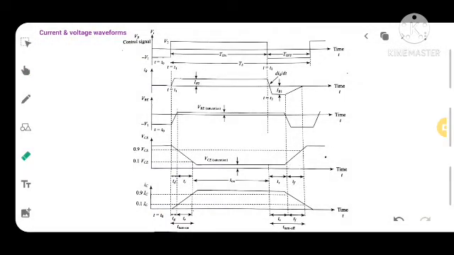This is the switching waveform of an NPN transistor in a simplified form. Let us first see the input voltage waveform.